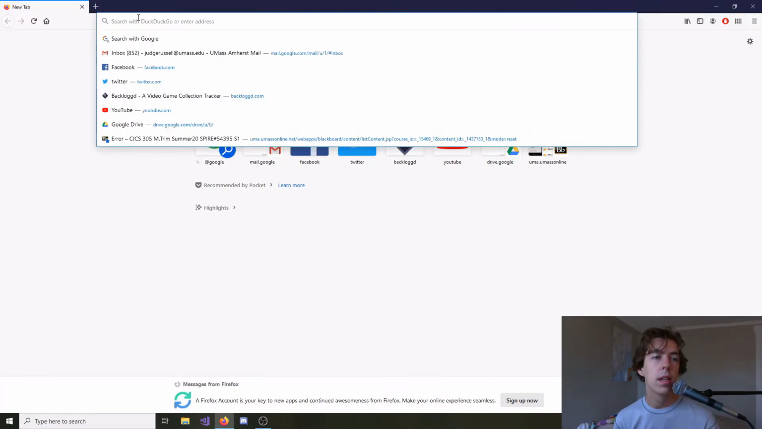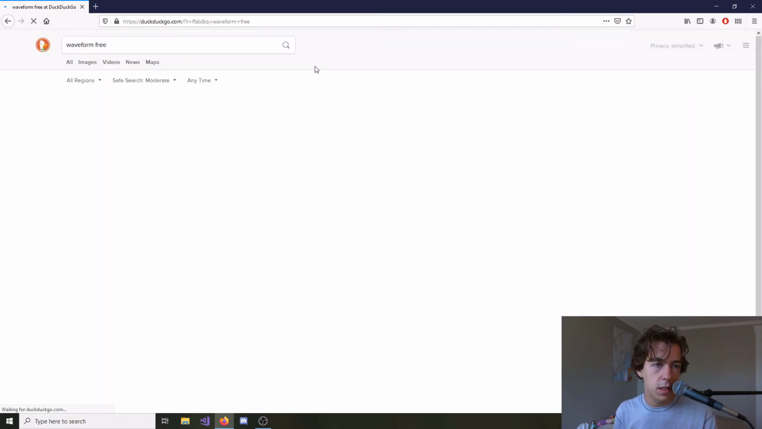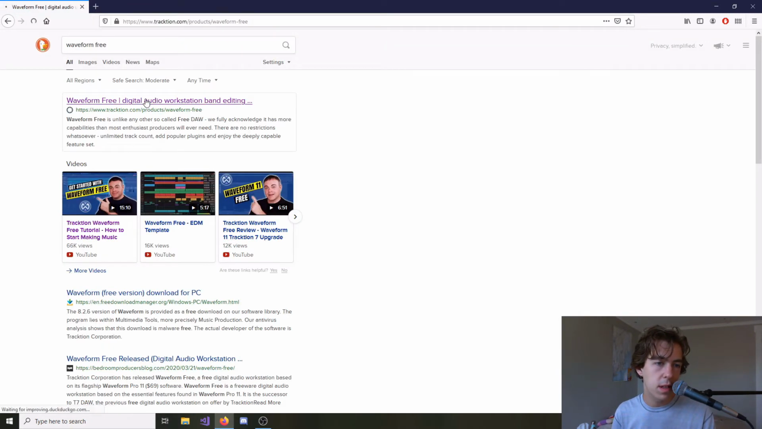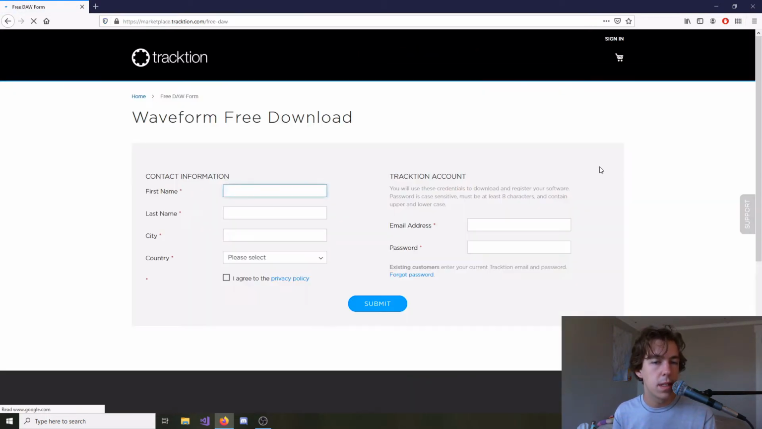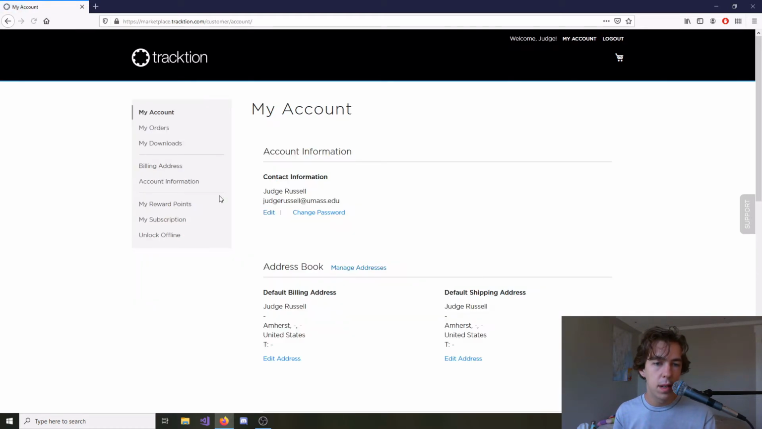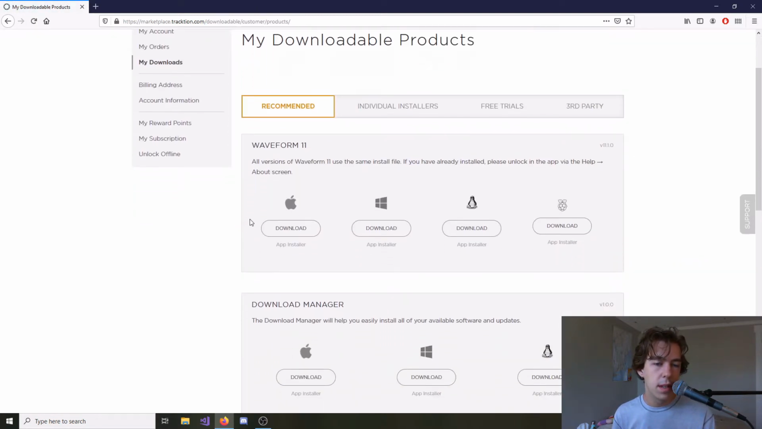So the software that we're going to be using to record everything is called Waveform Free. You could just Google that or click the link I'll have in the description. No matter what operating system you're using, download this. This is the big thing we'll be using. They'll have you make an account here. I've already made an account, but just fill this out and hit submit, and they'll send you to the download link. I've already done that, so I'll just go to my account, go to the downloads,